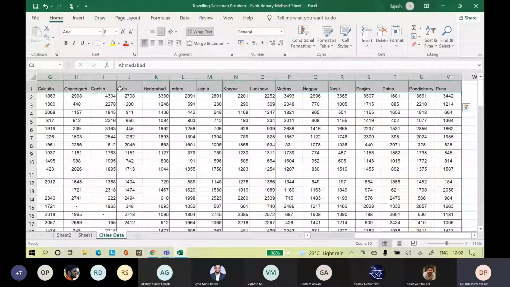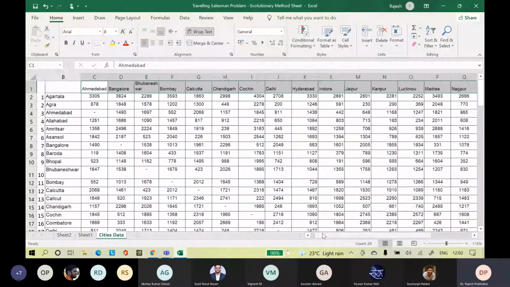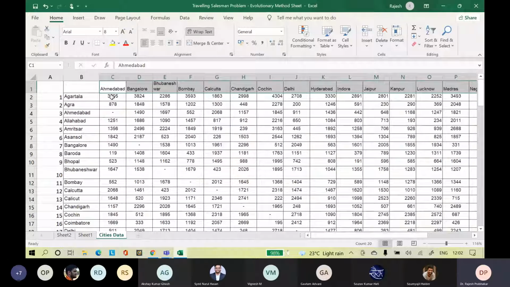No, sir, we have 20 columns. Yeah, that is a problem. So this data should have been city to city data we need. Because it is calculating the distance wrong, right? Agra to Agartala is a very large distance.